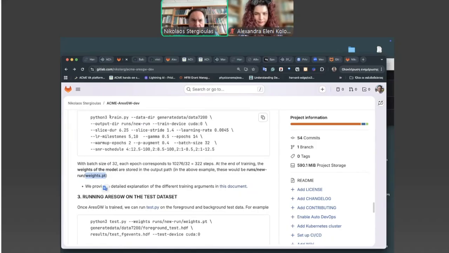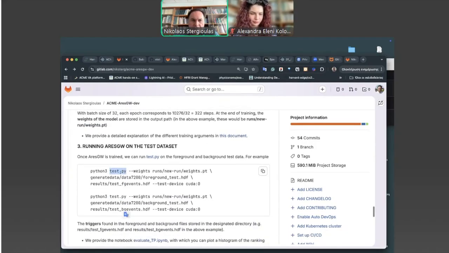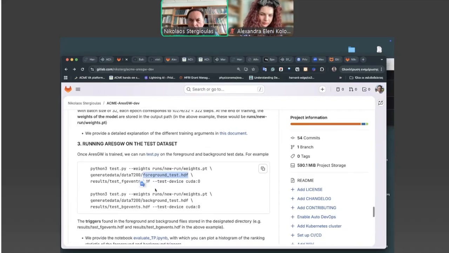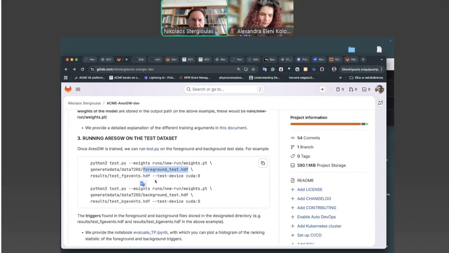Actually, we have two separate files, one for training and a separate one for testing. With a test.py file, you can load the weights of the trained model, and then you can apply this model on your test data to produce your triggers, to try to find gravitational waves.